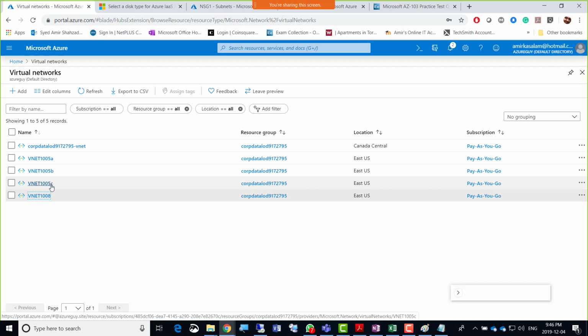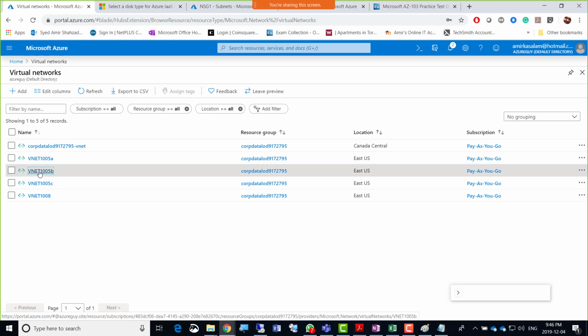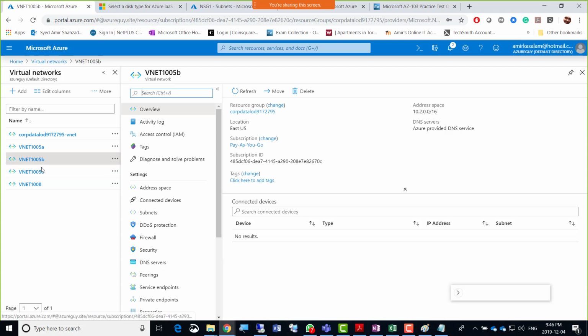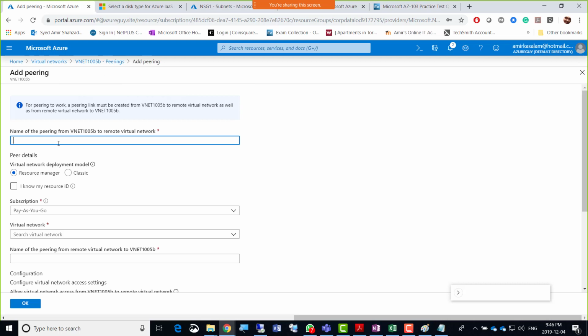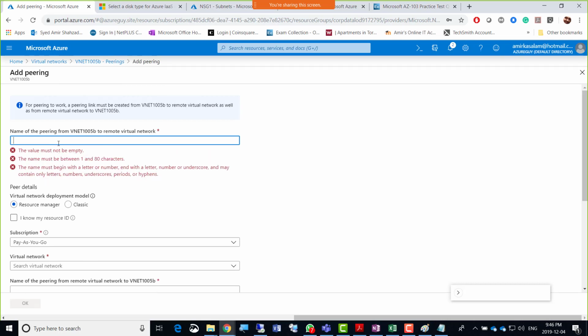Actually, there is already peering there, but once you go to any of those, we can go to any two VNets. The suggestion from Ali is to go for VNet B and connect to C. Anyway, I'm just going to B, which I'm pretending is USEA2, and then go to peering here, and then click the add button here. I hope it's in the, no, it's not there. I already moved it.